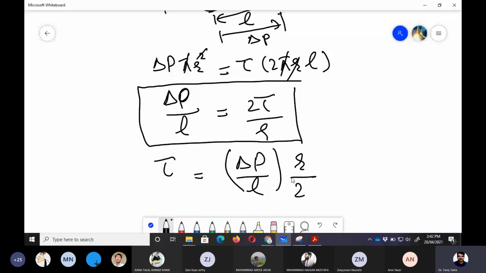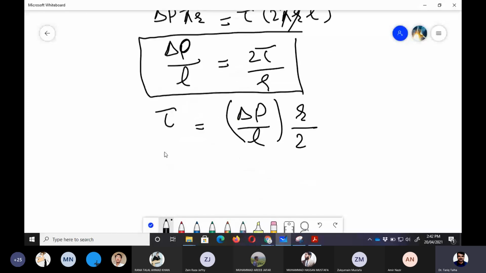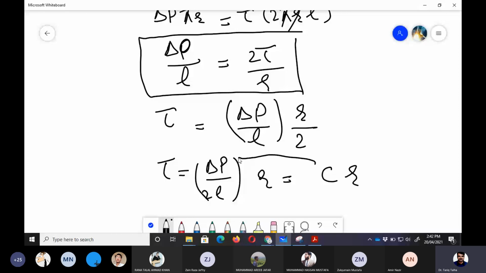So if we want to calculate what tau is in terms of radius, because radius, as I have just explained, is a variable value, tau would be equal to delta P upon 2L into R, and then we can call it C into R, and C is equal to this, which is a constant value. Delta P upon L is known by the pump we have installed, and 2 is also constant. So if we want to calculate the value of C in terms of tau omega, we can easily do it, because we know that